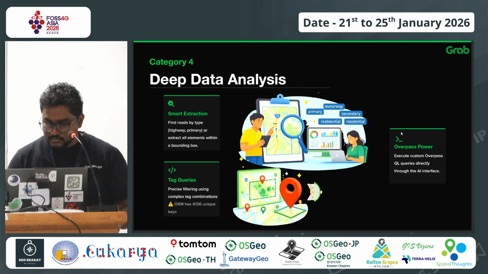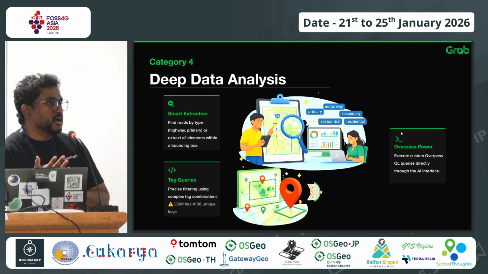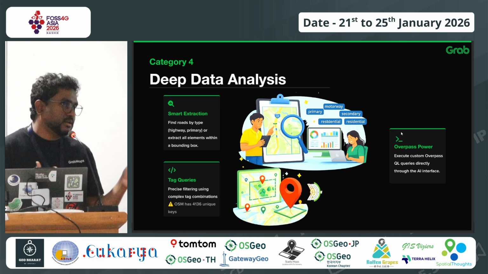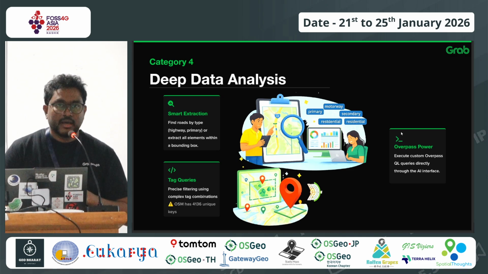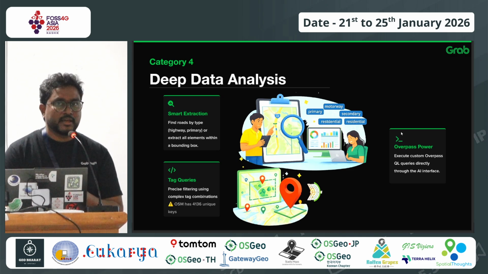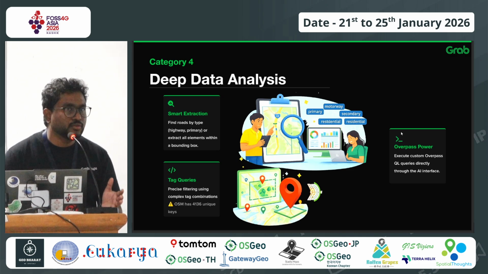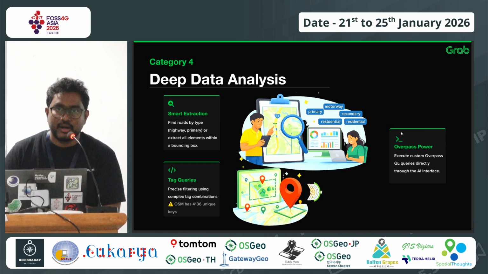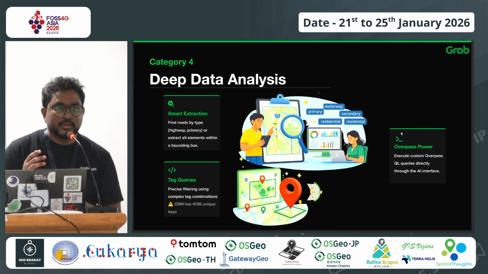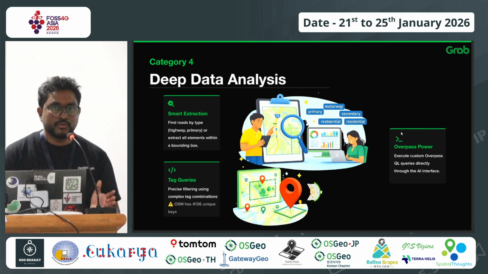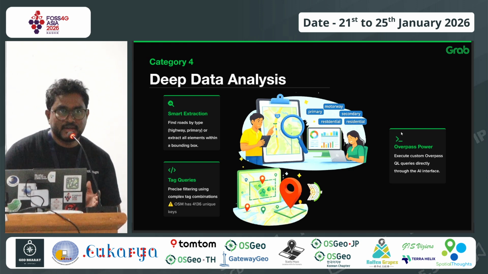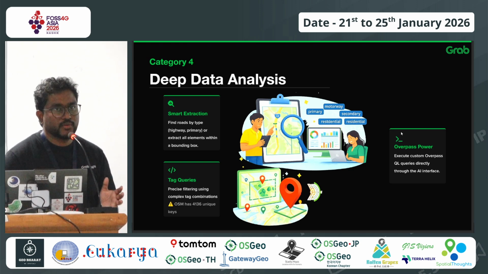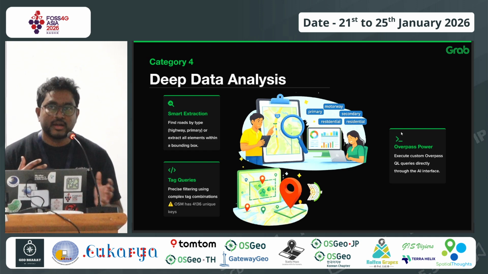Another thing is, specifically keeping myself in mind, deep data analysis. Let's say you are very new to the environment and you don't know what kind of data is required. This can be an entry point for you if you are using an AI agent, and you can ask, okay, I need this data, this is the analysis I'm going to do.